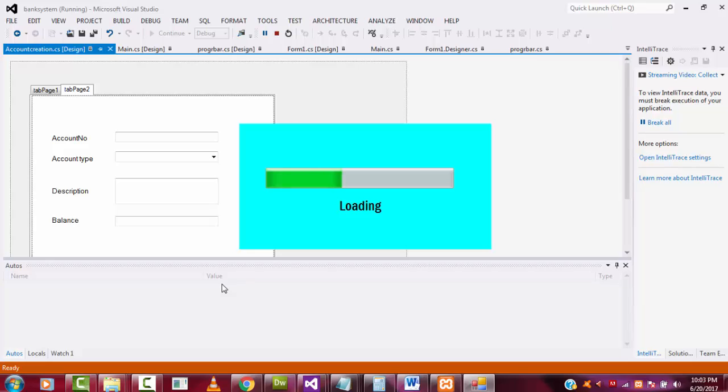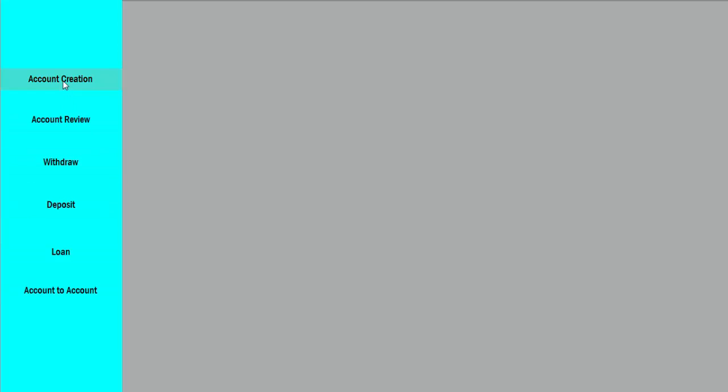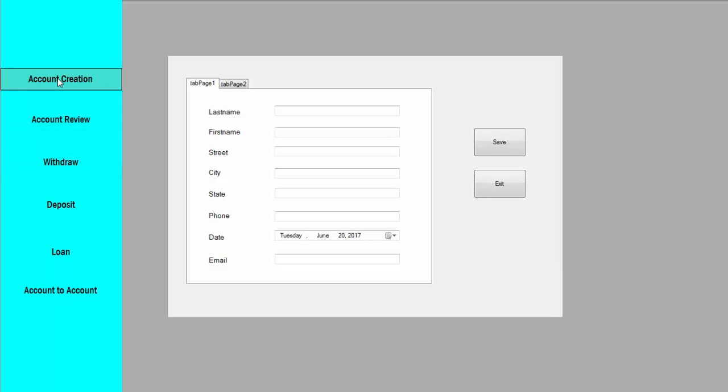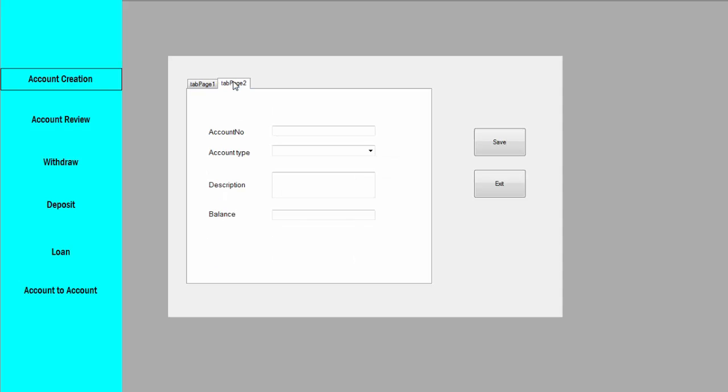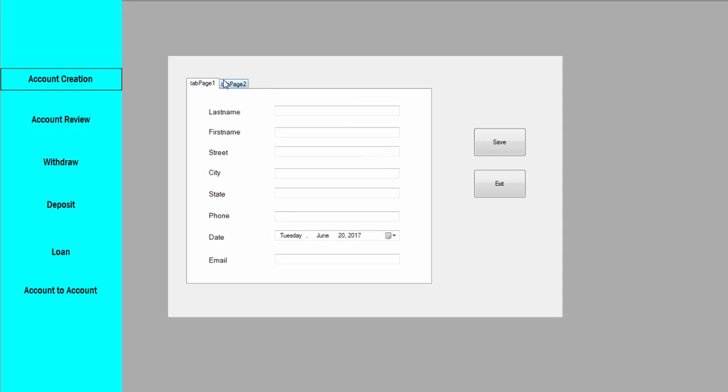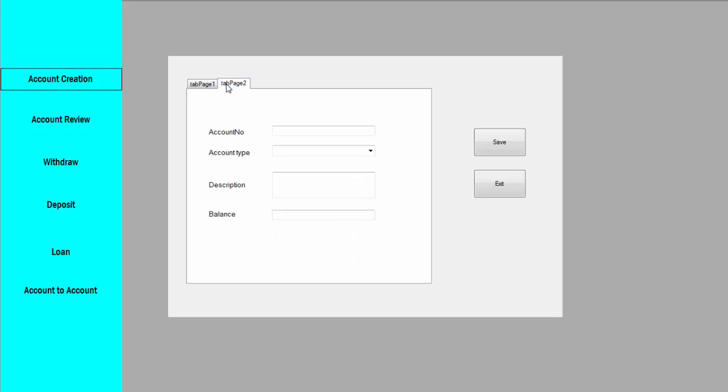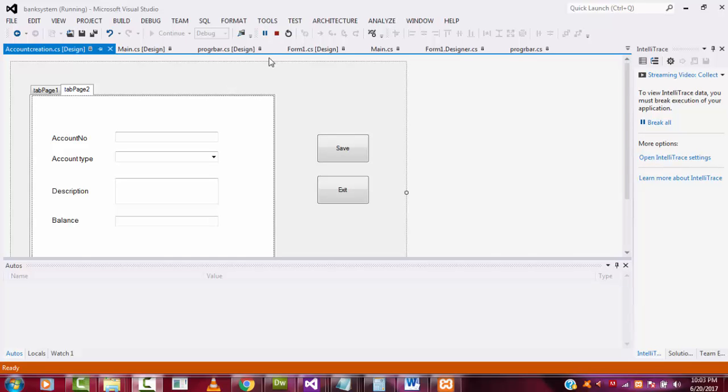Loading, the system is loading. After that, here is the menu creations. If you click on this account creation table here, the nice user interface will open perfectly. Okay guys, I hope you understood so far. If you have any doubt,